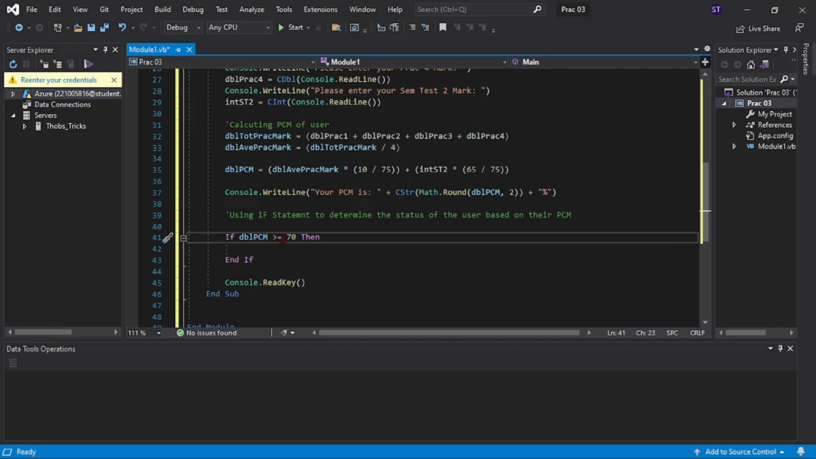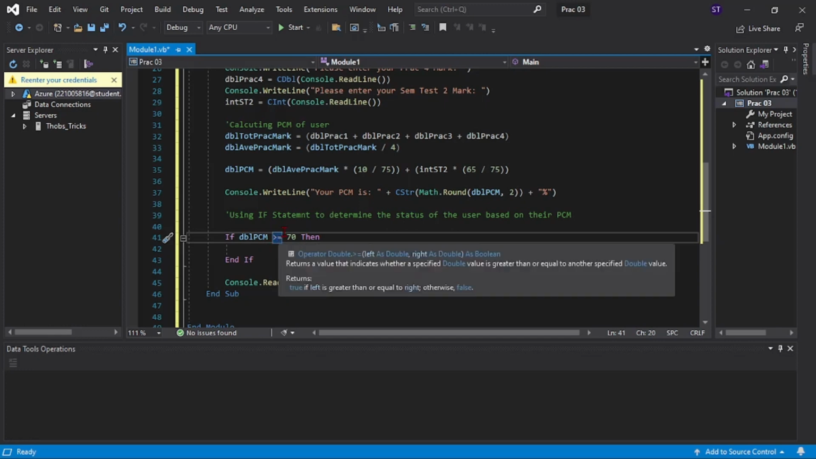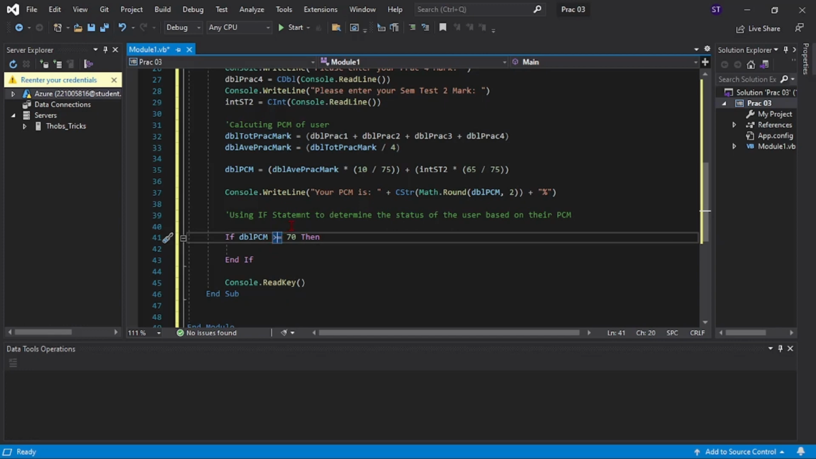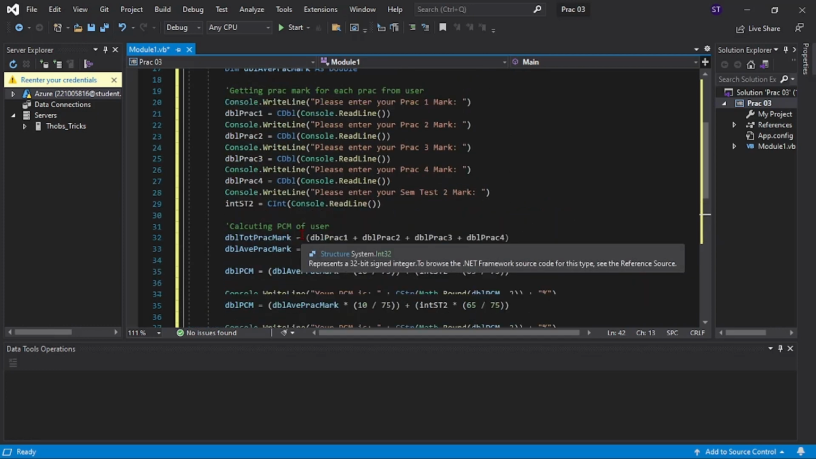We have greater than, we have less than, we have greater or equals to, we have less or equals to, and we also have equals to. So those are our five compare statements, if you might put it like that, I don't know. But anyway, this is our first if statement, right? Also, I'm going to show you guys two ways in which you can do this. So now they say if DBL PCM is greater than,